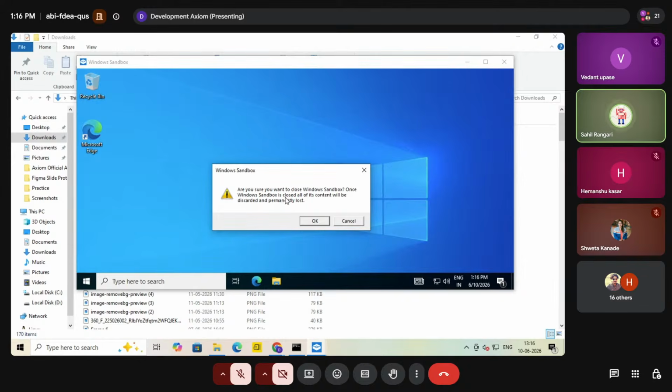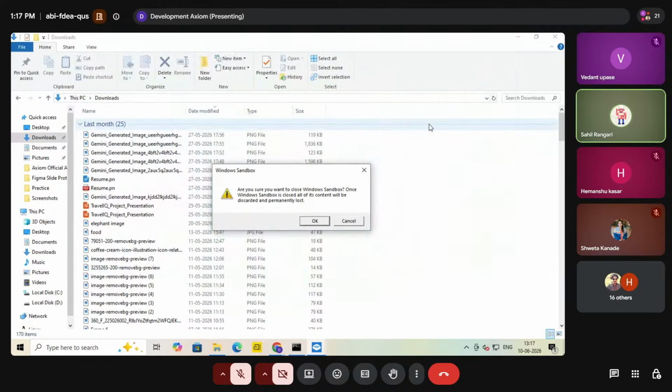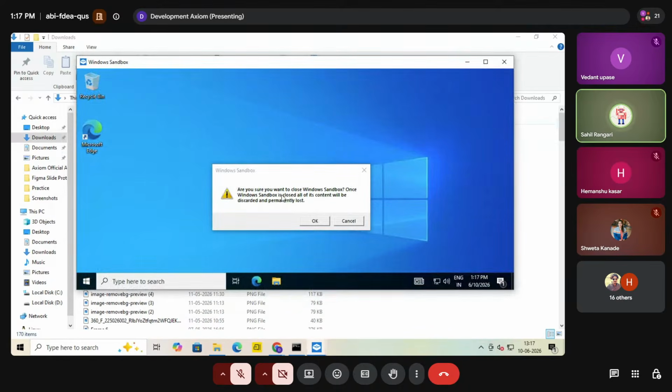Once Windows Sandbox is closed, all of its content will be discarded and permanently lost. So it is giving you an entirely fresh system in virtual form. Whatever test case you want, you can do here. Whenever you are testing and want to step away, you can minimize this window. But if you try to close this window, it will ask you with a message whether you really want to close or not.